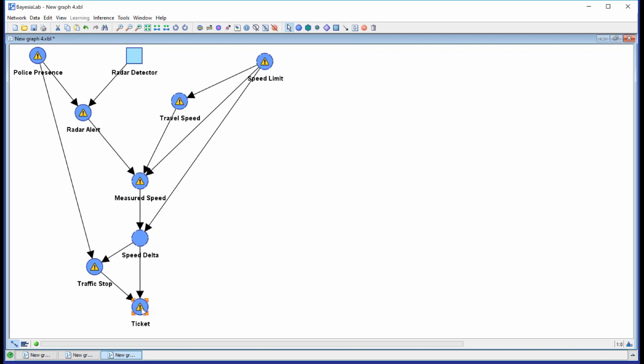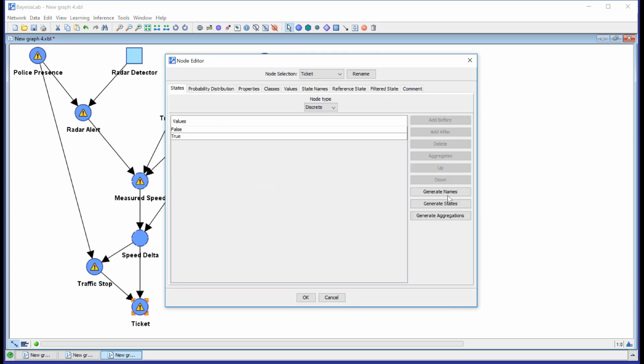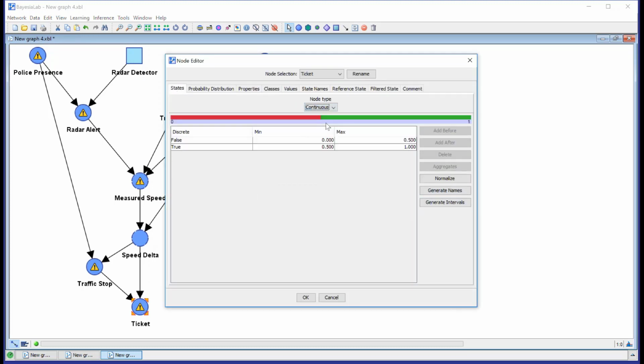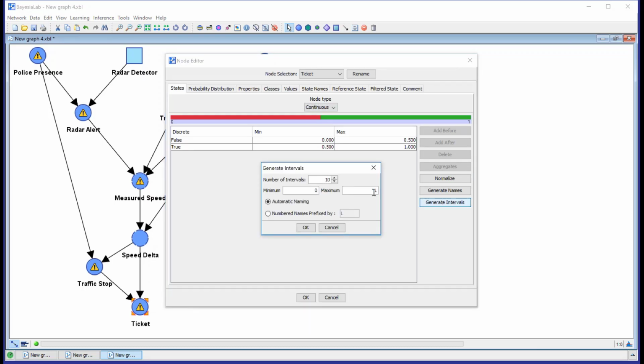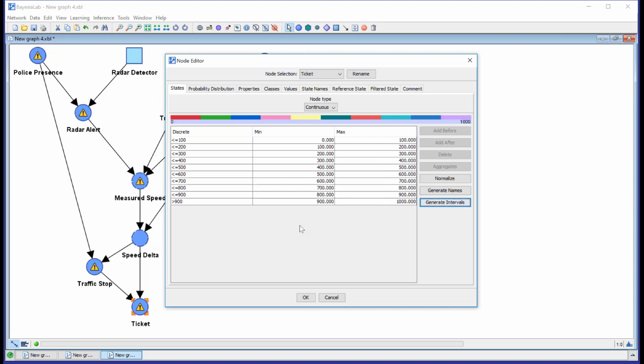So here, let me define the range for my ticket. So in here, let's say I'm creating a range from $0 to $1,000. I'm saying this is the range of my tickets.